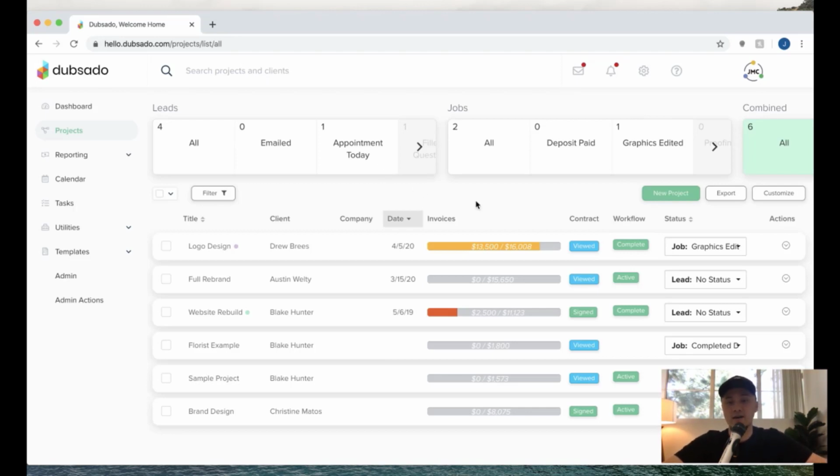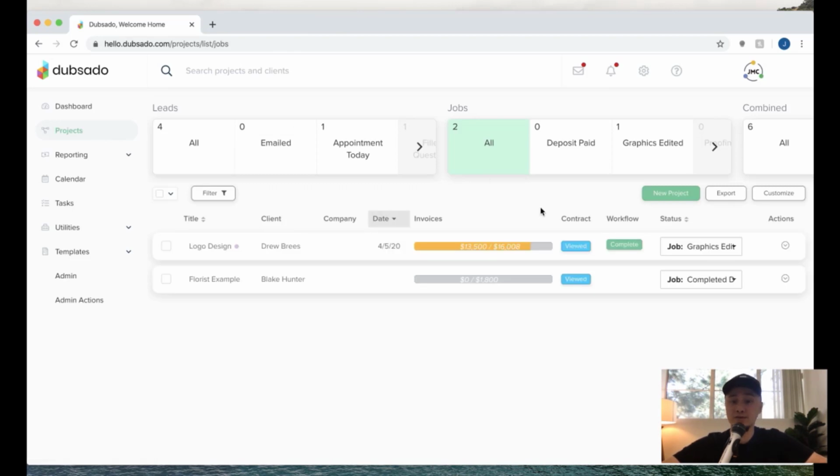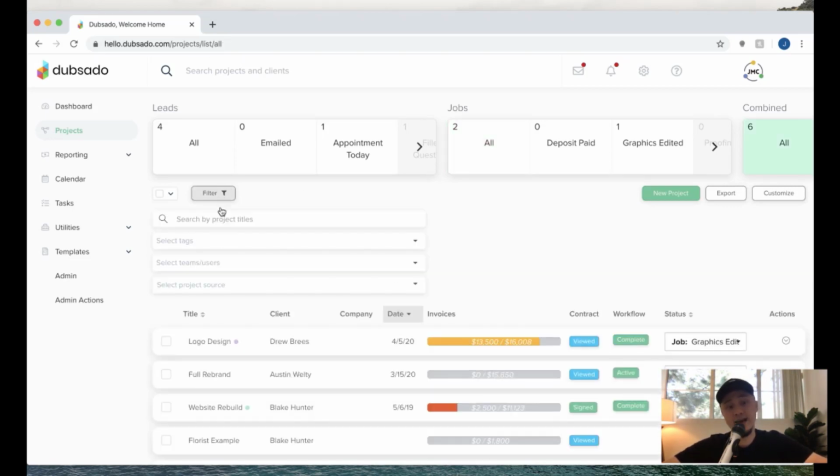But I'd actually like to offer a couple other ways that you can just organize and manage your client load. And one of them, although it doesn't necessarily sound that sophisticated, is something called tags. And tags are kind of like labels or identifiers. So if you yourself have any kind of traits or characteristics that are really important to just kind of keep track of or log in any meaningful way, this is something that you can use, so you can apply these tags, multiple of them, to all of your projects